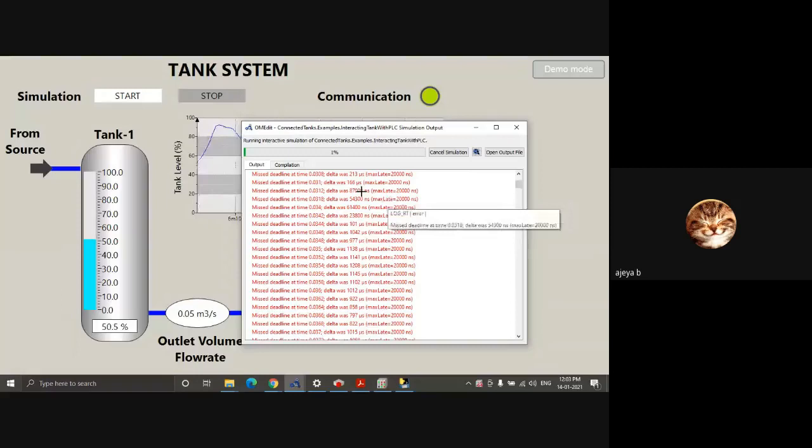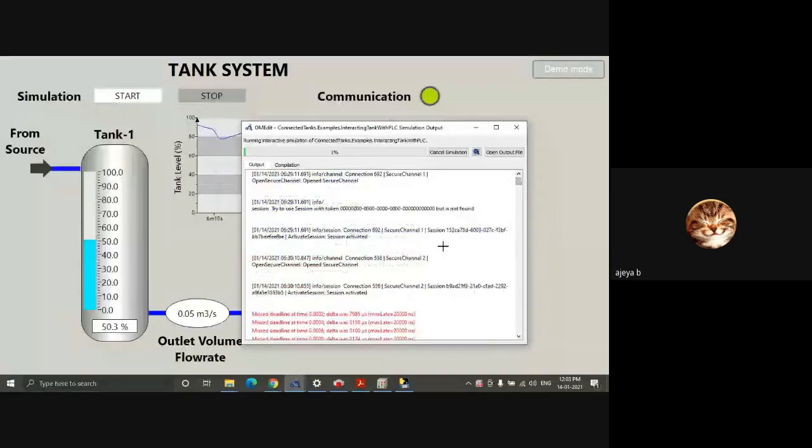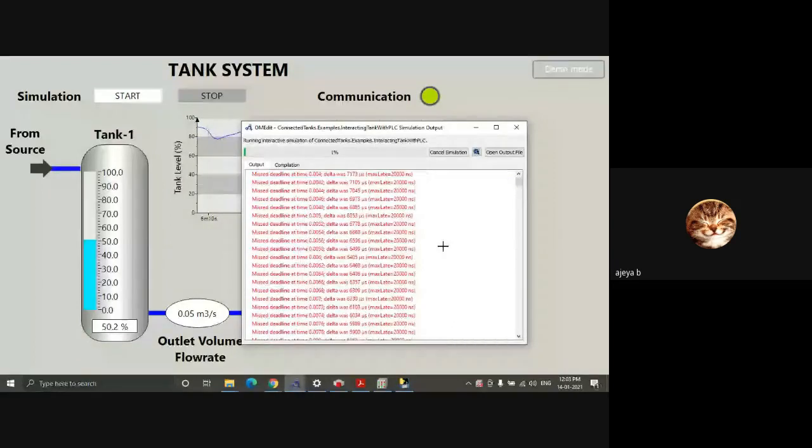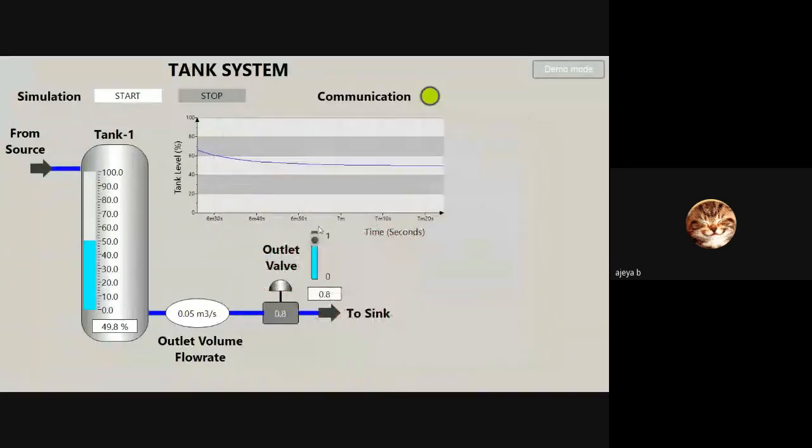As I mentioned in the last session, CodeSys runs in terms of milliseconds. That's why it shows missed deadline here. That is just a warning showing that the values are not coming in the microsecond range. It is in the millisecond range. But still the model will run. You'll be able to visualize the level change, and this level change is coming from the tank model through OpenModelica.